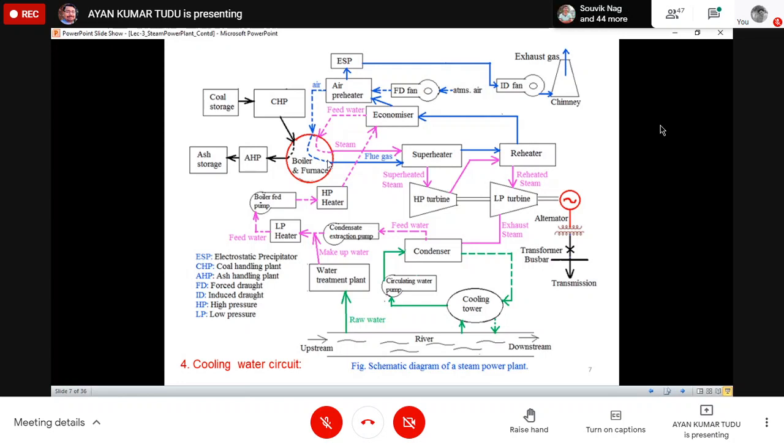I'm asking that among the, as you can see, we are using many motors. We are using boiler feed pump, condenser extraction pump, circulating water pump, FD fan, ID fans. All these are utilizing certain motors. Which motor is of the highest capacity according to you and why is it so? Why is it so? Anybody?